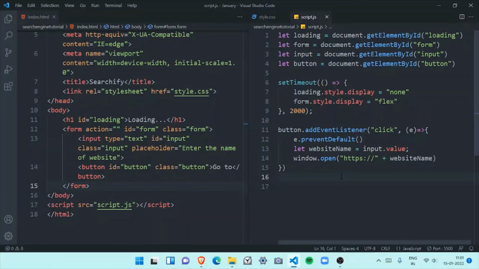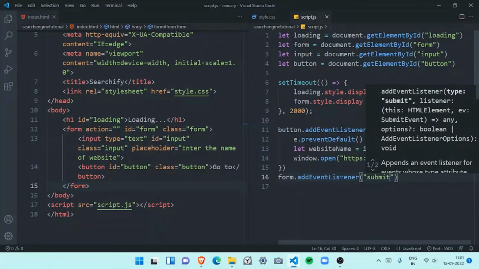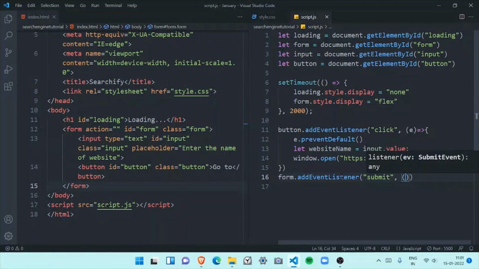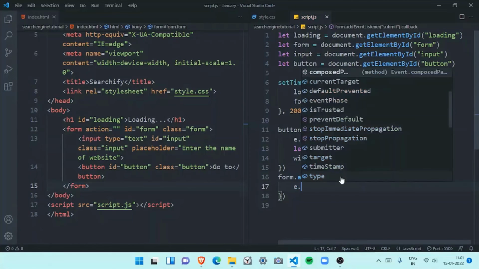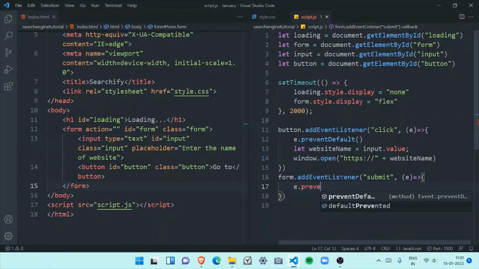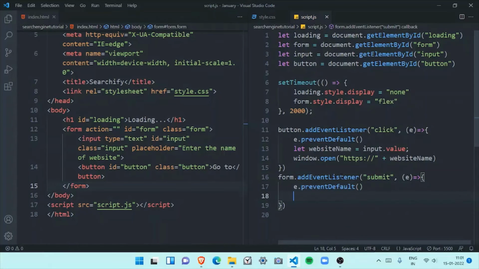So what we also want is that when our user clicks on the enter button it should also work. So I will now select the form. I will give an event listener. When the form is submitted I want to pass in a parameter of E, and then give it an arrow function. I want to first say E dot prevent default, so that by default it does not do anything, and next I want to say the same thing that I did over here. I will do the same thing over here,